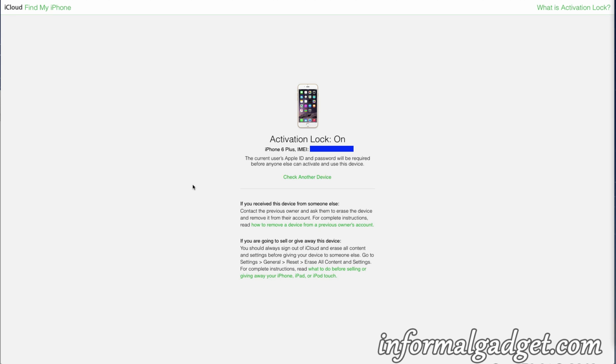It says down here at the bottom, if you receive this device from someone else, contact the previous owner and ask them to erase the device and remove it from their account. It says if you are going to sell or give away the device, you should always sign out of iCloud and erase all content and settings before giving your device to someone else. And then it says go to Settings, General, Reset, Erase All Content and Settings. But that's